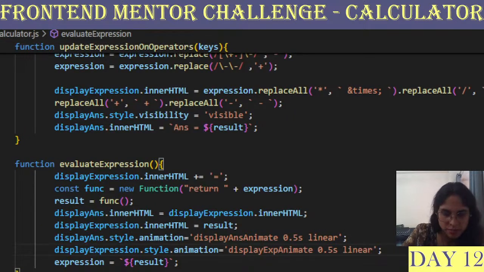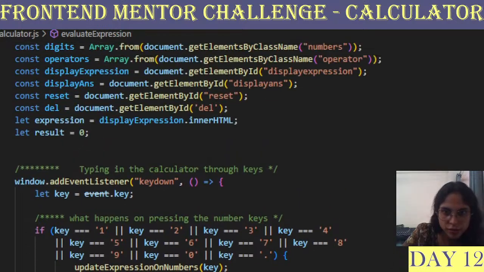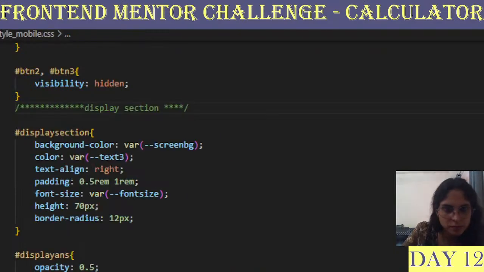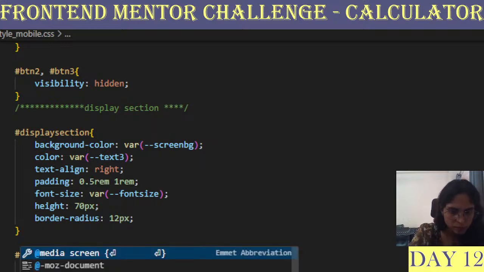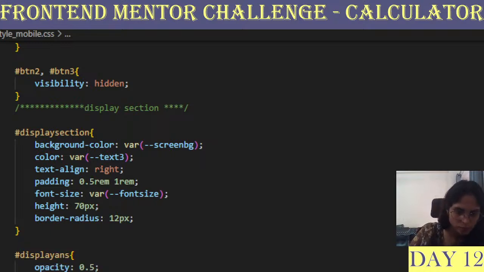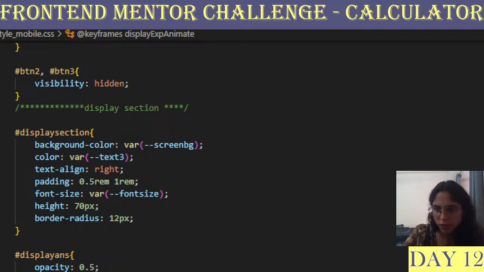What is display expression? Is it display section or, oh no, it is display expression only. You might not be able to see this.